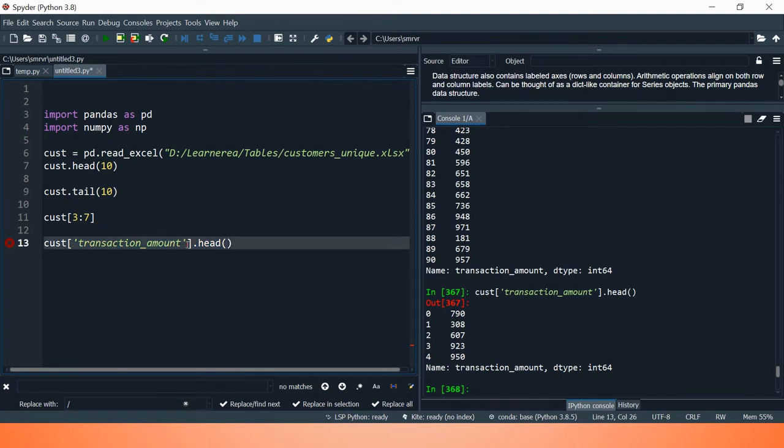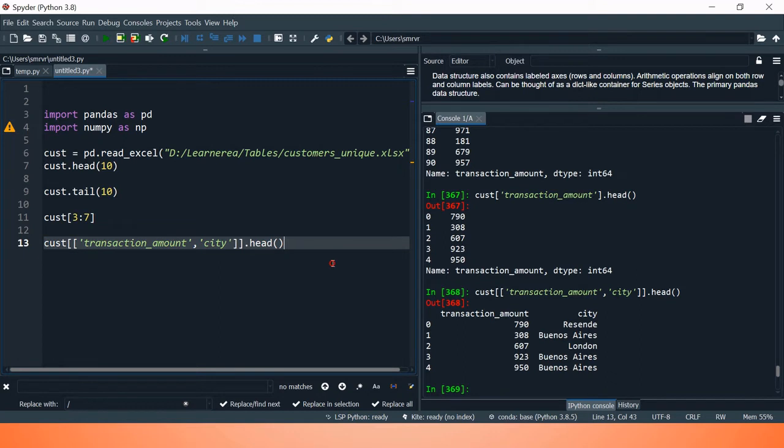Now if you want to include more columns, you need to make a list of lists. So for that we need to put double square brackets, and you can put each of the column names separated by a comma. So here I am going to select 2 columns. Alright, now if I want to put one more column, you can put that. You can put as many columns as you want. Like you can see, to specify the rows we have only one option, head or tail.